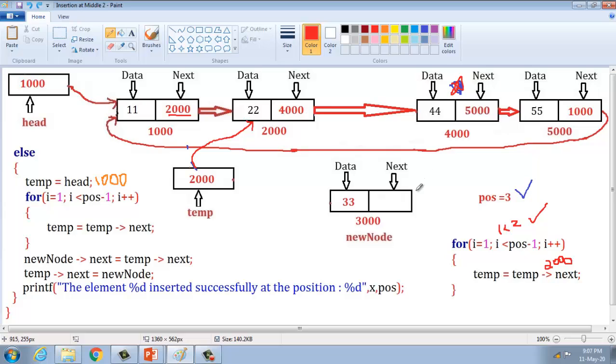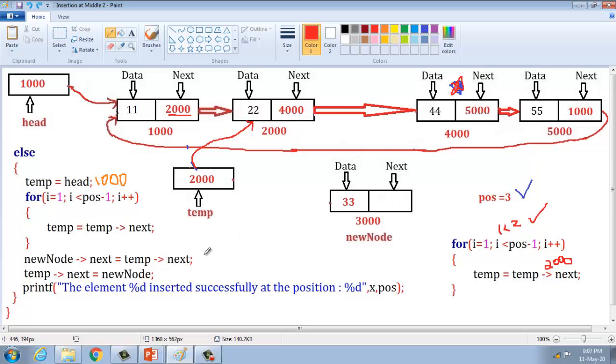Because only then can we create a link to this node. We cannot identify this corresponding node directly. So using this link, we create a link from the newly created node to the third node, in a single linked list. New node of next equal temp of next.